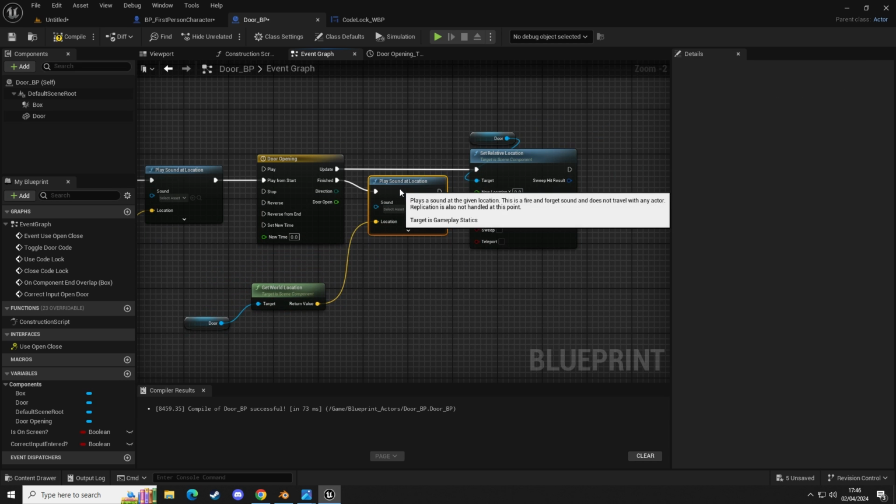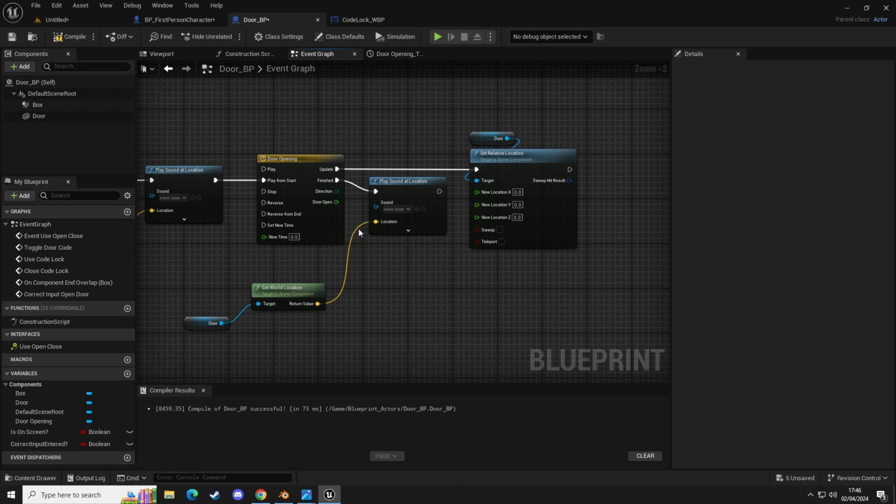So it's all in place. All you need to do is add the sound effects that you want. So then your door open is going to open on the Z axis. So you're going to connect door open to Z, which is why we split the struct pin. And there you have your door opening code